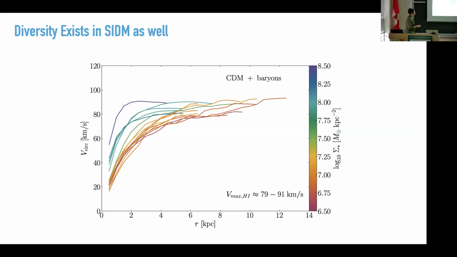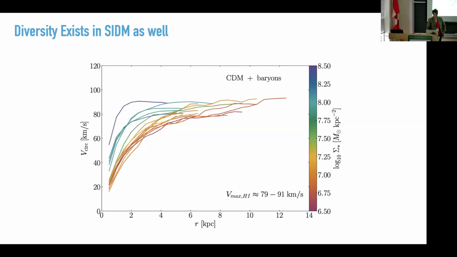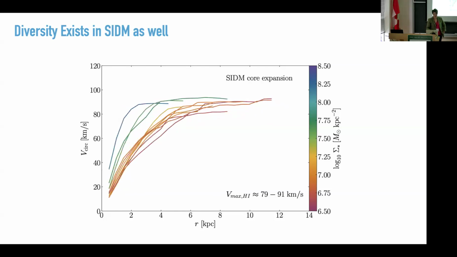And so here, just to remind you, this is what our diversity curve looks like in CDM. Here it is in SIDM. Okay, so the first thing I need to tell you is I have not ruled out CDM because I get the exact same results in SIDM, right? Sorry, I meant I haven't ruled out SIDM. And if I flip back and forth, you can actually see there's a slight difference, right? Your eye picks out that the SIDM curves have a bigger core, they're rising a little more slowly.